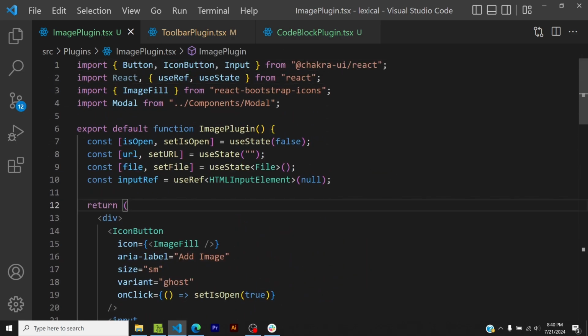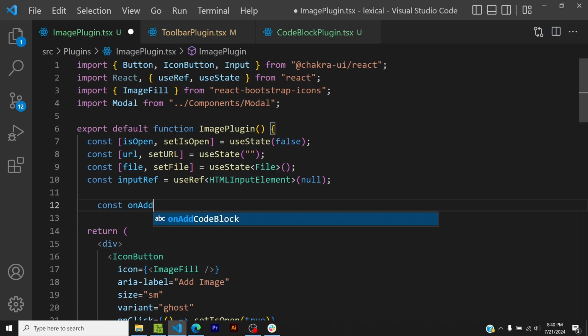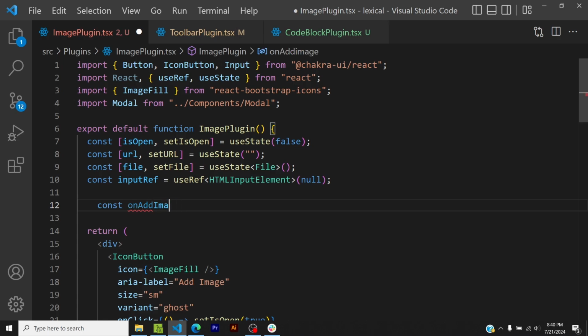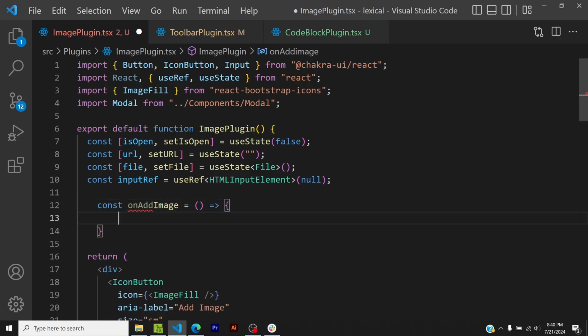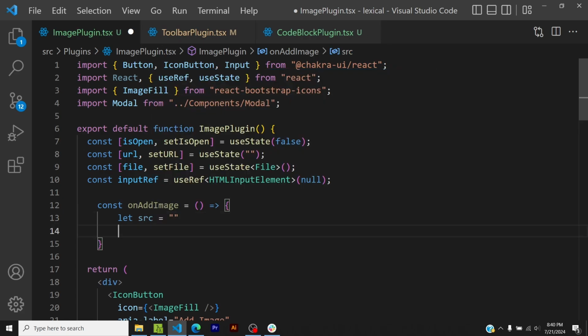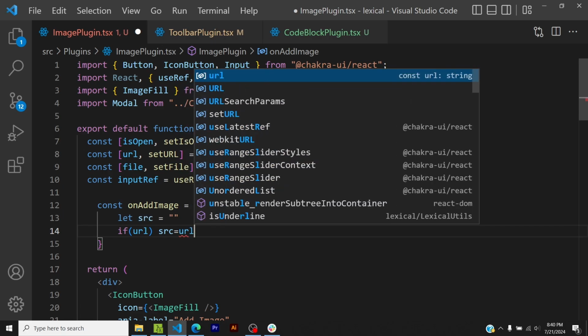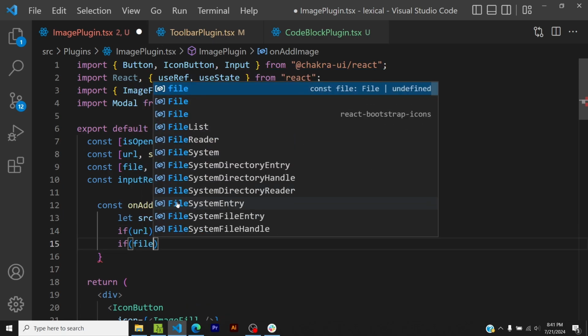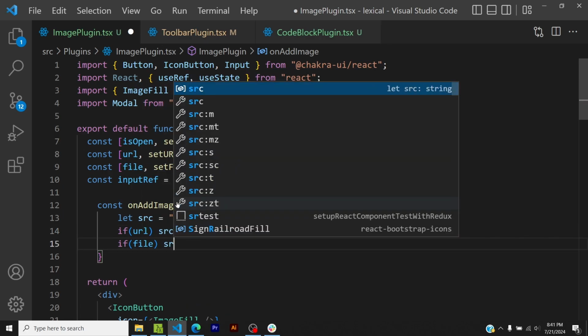So I'll say const onAddImage is equal to a function. Let source be an empty string. If there is a URL, then source should be the URL. If a file is present, then source should be